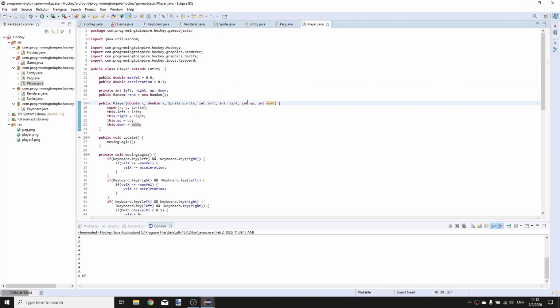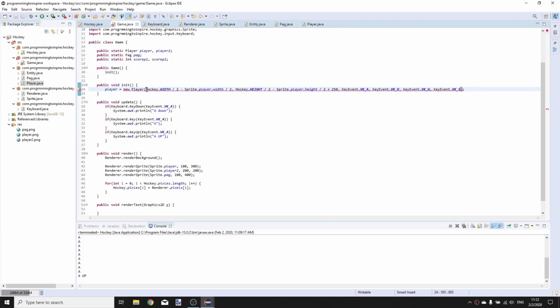Double sprite int. Sprite is missing, so sprite dot player,